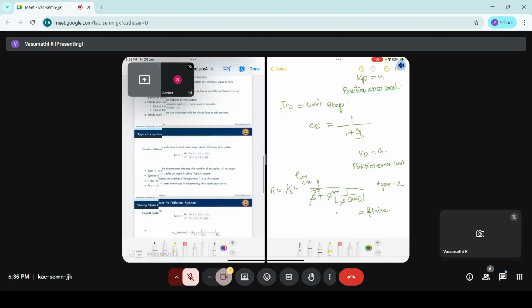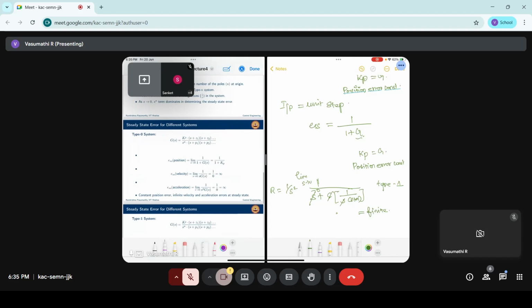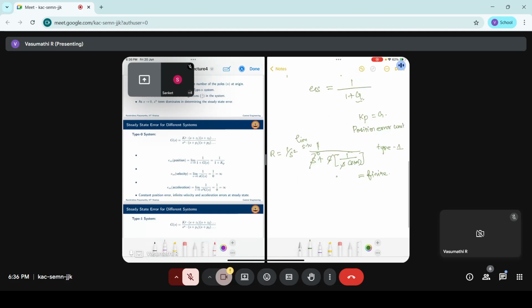Here, on the left hand side, you would see all this. Okay. Good. I might be making some mistake, I think. For type 1 system, yeah, right. Correct. Right. For type 2 system,